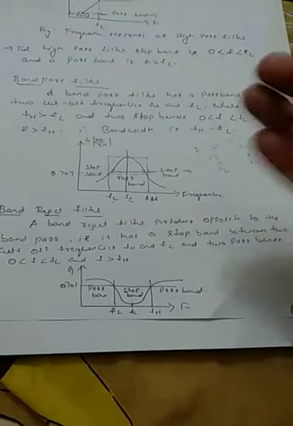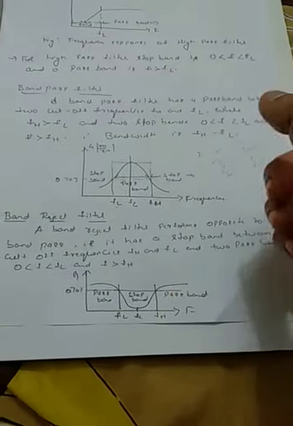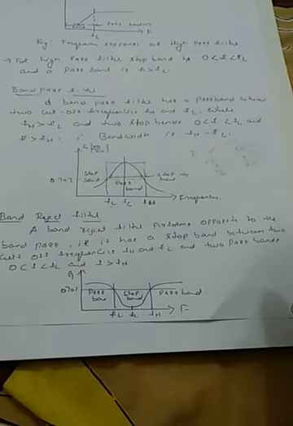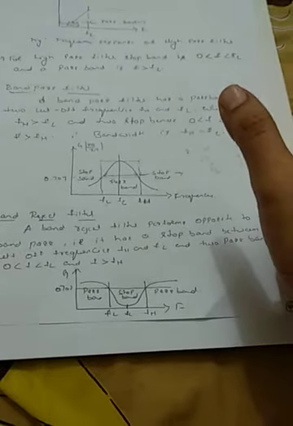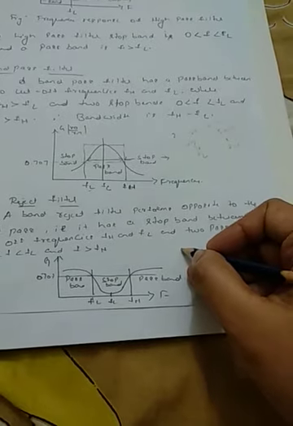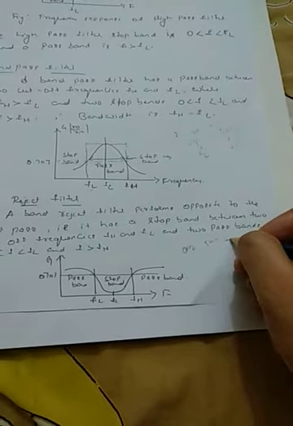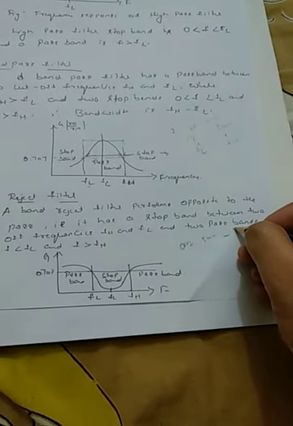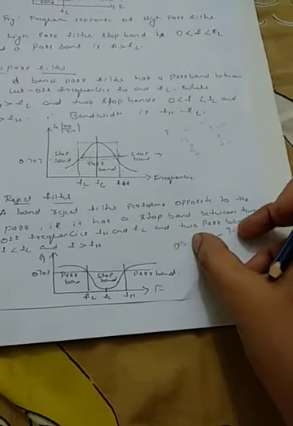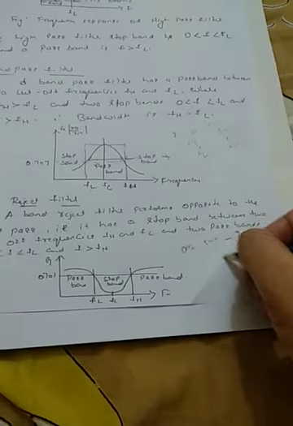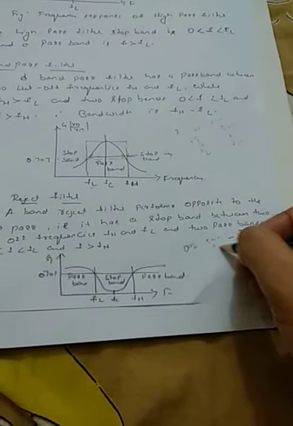A band reject filter acts opposite to the band pass filter. That is, it rejects the frequencies between two particular frequencies; it does not allow them. So suppose we want the frequencies to pass from 0 hertz to 500 hertz, but not between 500 hertz and 700 hertz, and after 700 hertz also we need them, only this particular band we don't need. At that time we can make use of a band reject filter, so this 500 hertz to 700 hertz will be rejected.